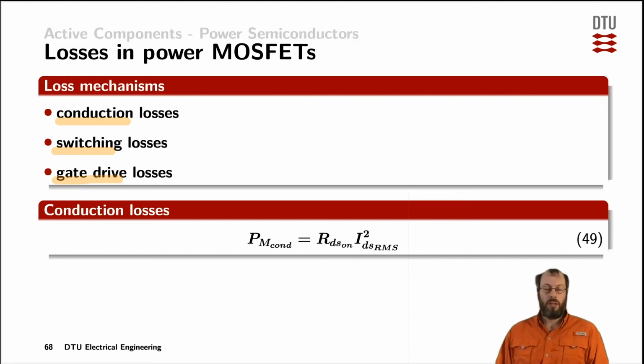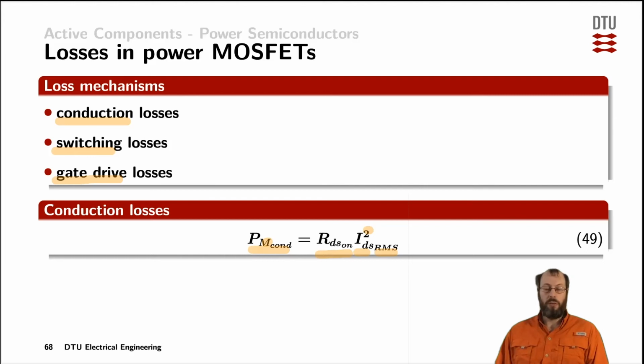The conduction loss mechanism is similar to the one we've experienced from the diode. While the power device is conducting current, its resistance is not zero. So we have the finite on resistance of the MOSFET, conducting the drain source current through it. We can take the RMS value of that current, square it, and calculate the conduction losses of the MOSFET with